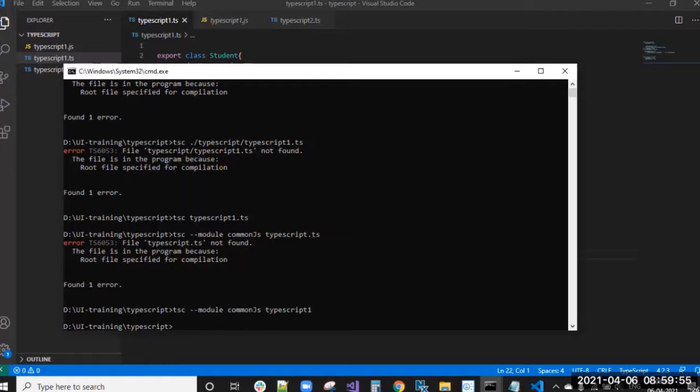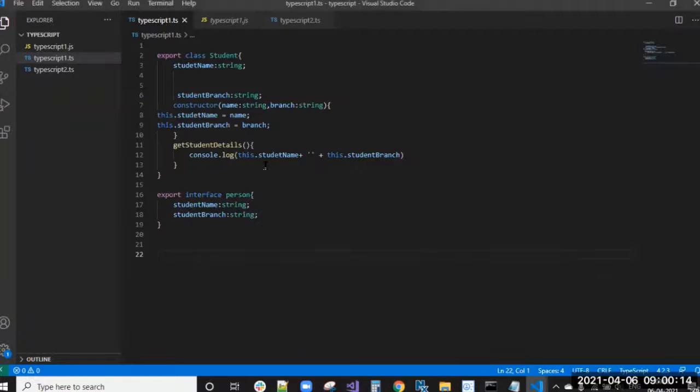Okay, now it is generated. By using this module, we can compile in two ways. One is by using CommonJS. CommonJS is nothing but, like in ECMAScript, we have all the JS files, right? All the JS files are CommonJS, so the module should be compiled in a CommonJS manner.